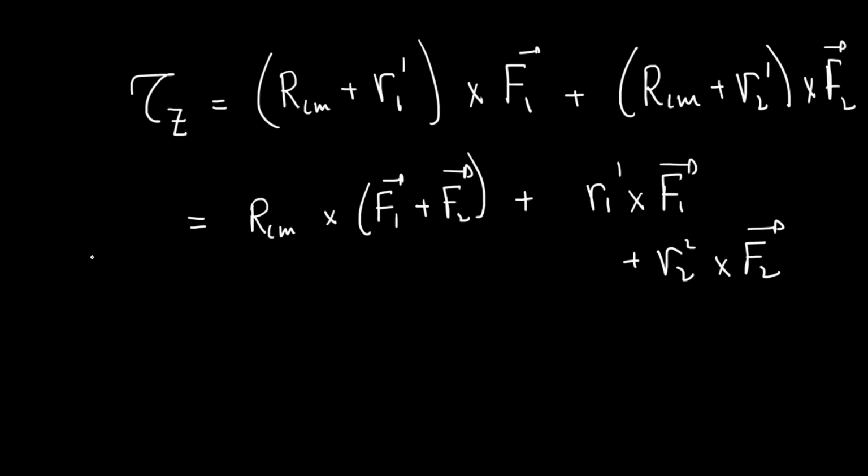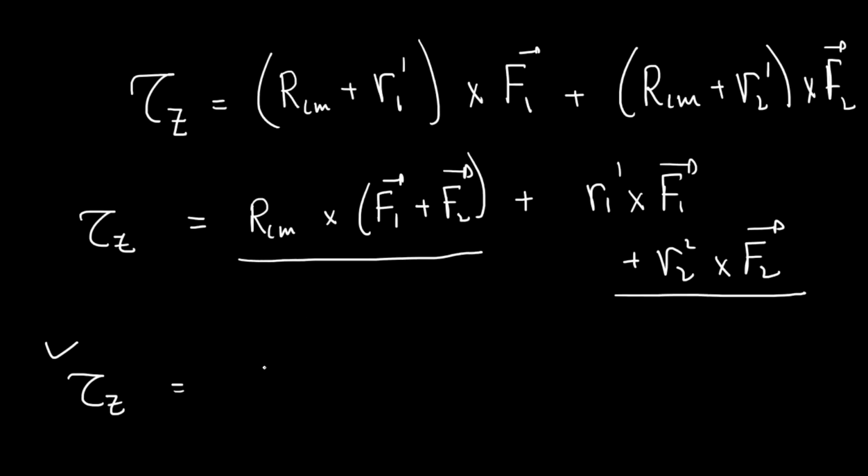Right, now comes the final nice interpretation. Now we wanted what tau z is, but it is broken up into two terms which we like. Okay, what are the two terms? The two terms are rcm cross f external on the system,